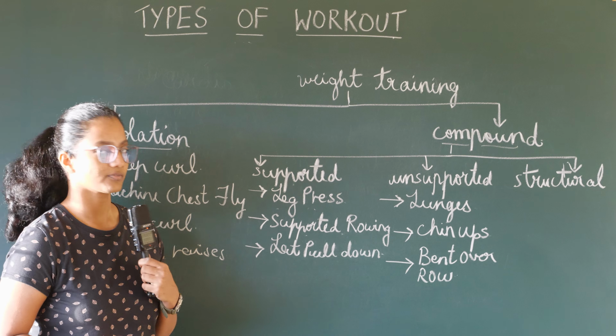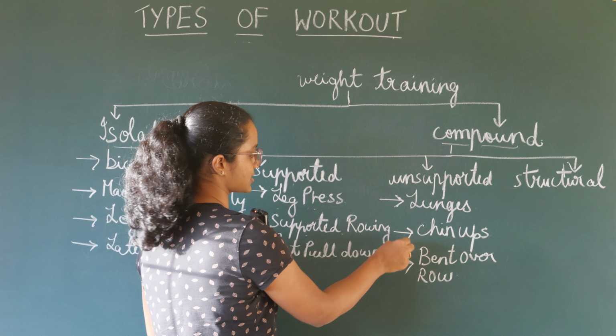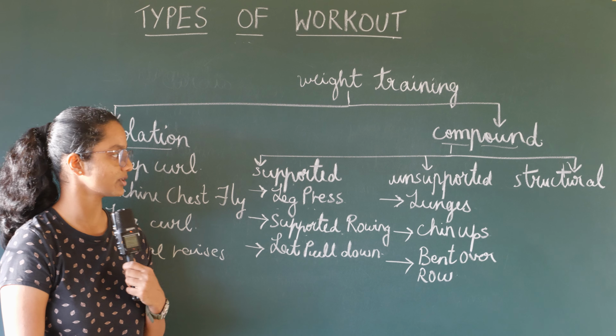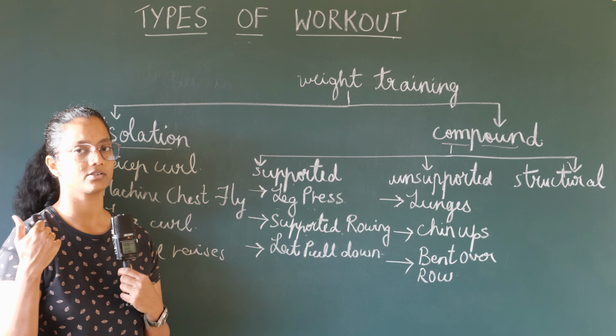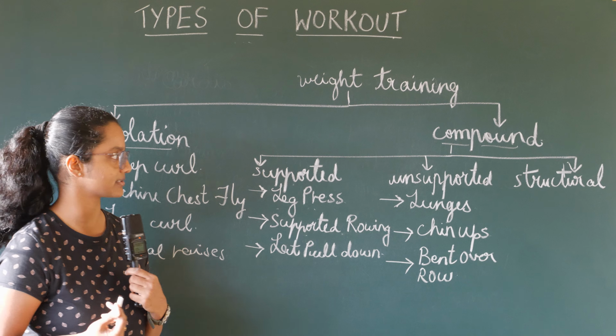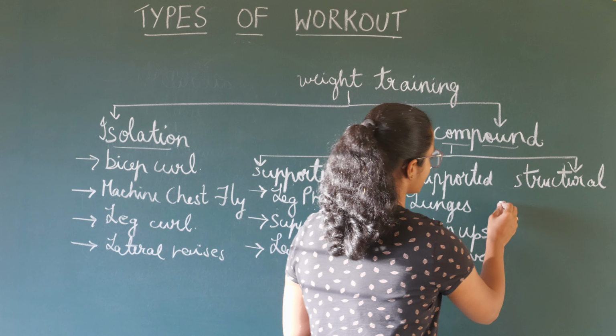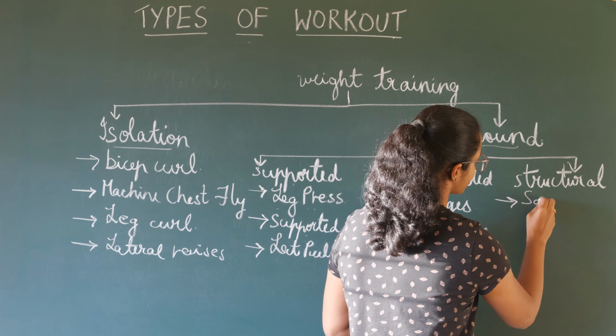So if you are not aware of these workouts, you can just check it out. Here you are not using any support, but there is multiple joint movement taking place. And in structural, it is squats,